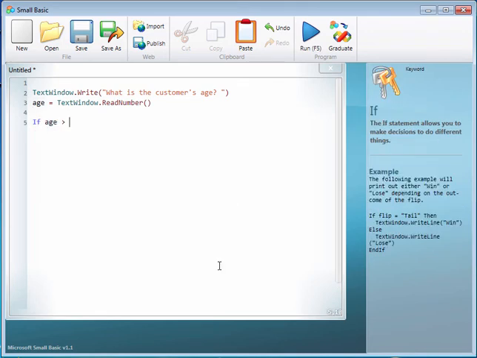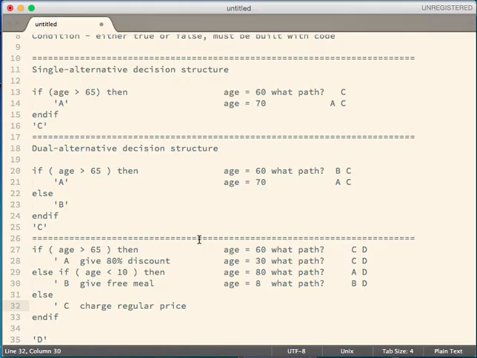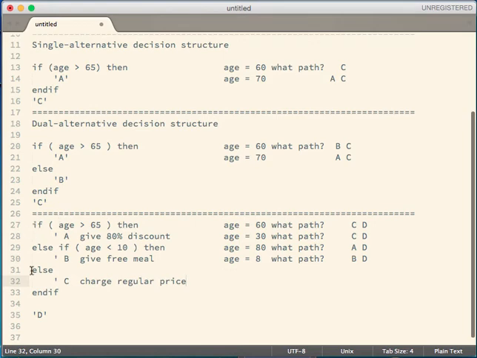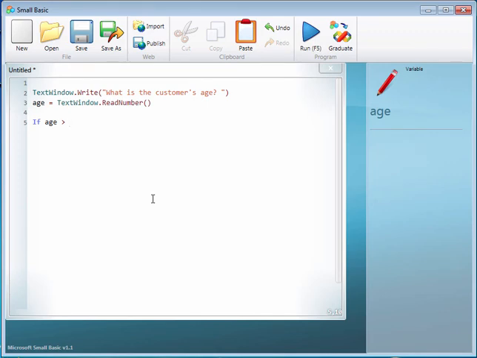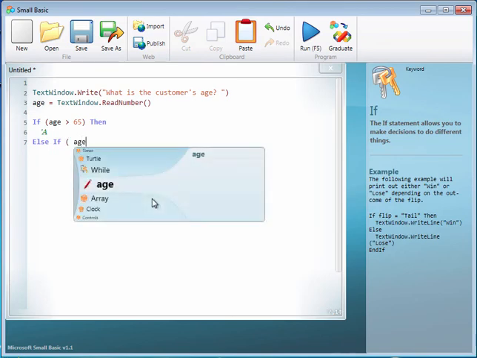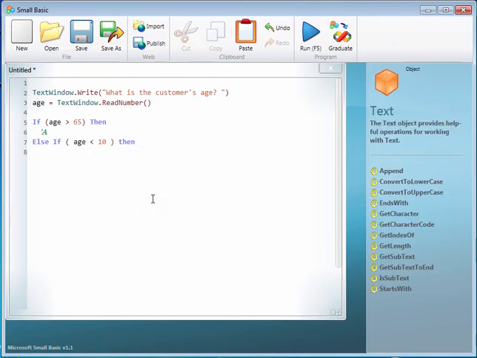Now we're going to say if the age is, and I have to switch back over to my document to see what we did here. So if I want to go for the gusto and do this bottom one, so if age is greater than 65, then I'm going to take one particular path. I'll just put a comment there for now. Else if age is less than 10, then I'm going to do the second path. Else,